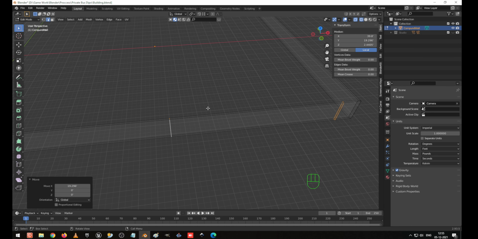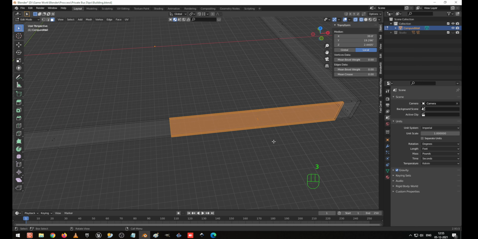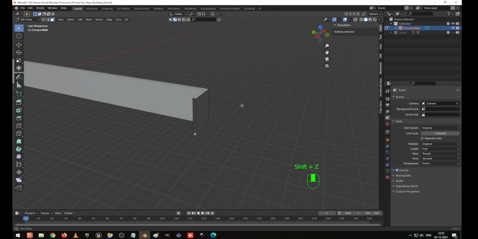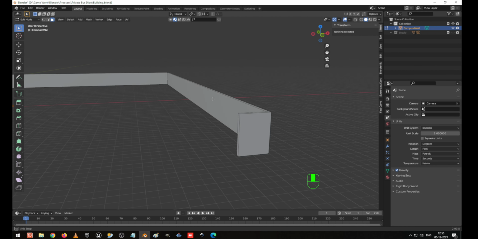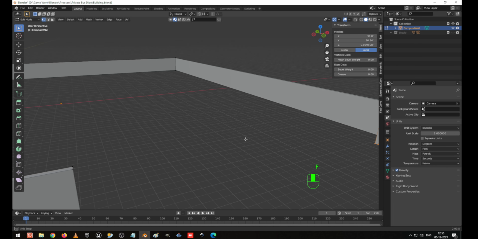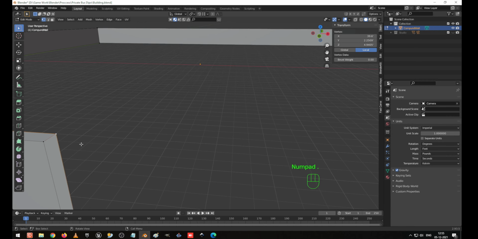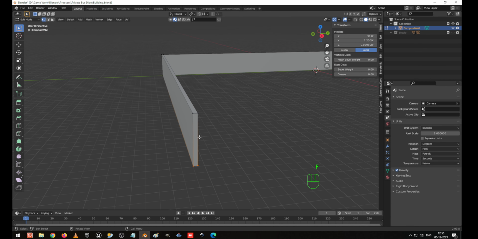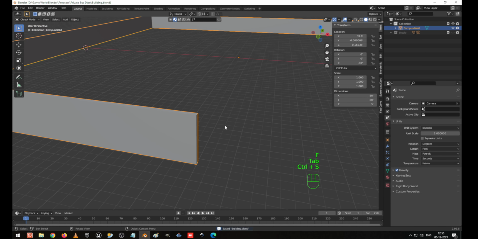So now I go to the face selection, select these faces, X to delete the faces. I go to the normal view. Here you can see our wall has been given the way for the bus to go inside. So I select these two edges, press F to fill, and select this one. I press the period key to zoom it. I select these two and press F to fill. Now this has been filled.